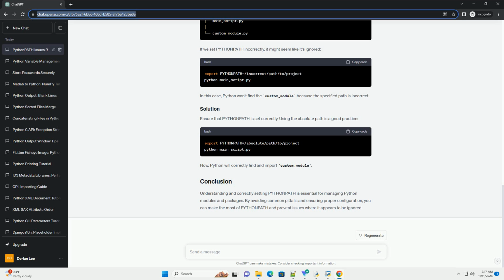Let's illustrate a simple example. Consider the following directory structure. Assume my_module.py contains a function called my_function. Now, in main.py, you want to import my_module.py. To ensure that Python finds my_module.py, set the PYTHONPATH accordingly. Run main.py, and it should successfully import my_module.py. By understanding and properly managing PYTHONPATH, you can ensure that Python locates and imports modules as expected, avoiding